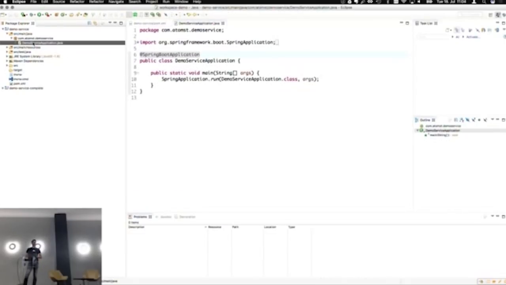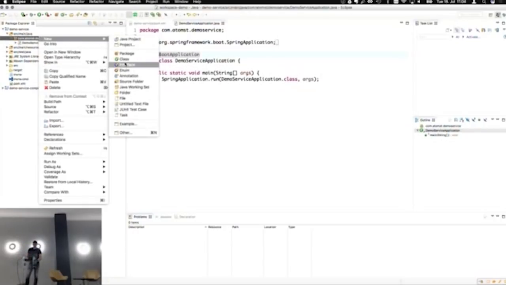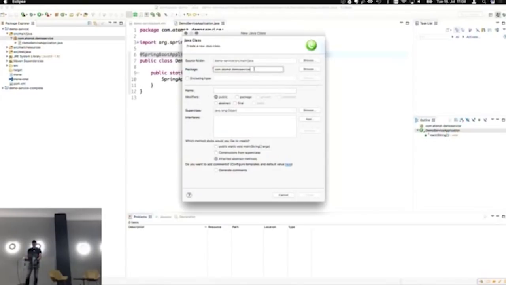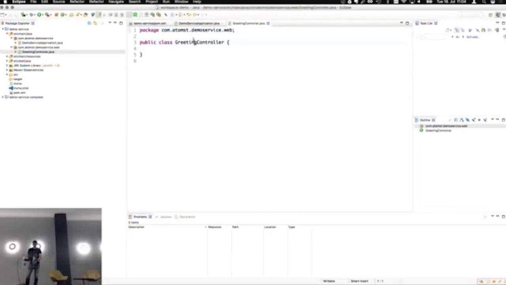Okay, so the first thing I want to do is add a REST controller to my application. So I would do this new class. I think by convention I would put that into a web package, and I'd say it's my greeting controller. So a REST controller in Spring MVC needs to be annotated by RestController. So I'm going to put the RestController annotation on this. And now I can start putting in my endpoint, public.